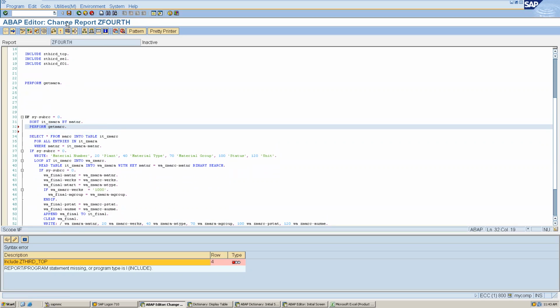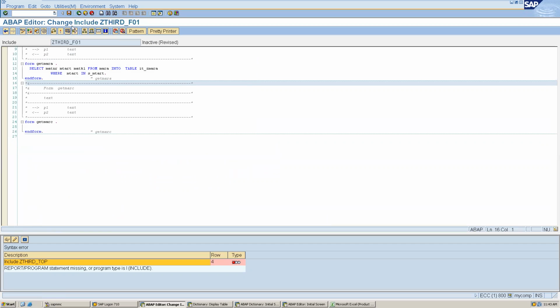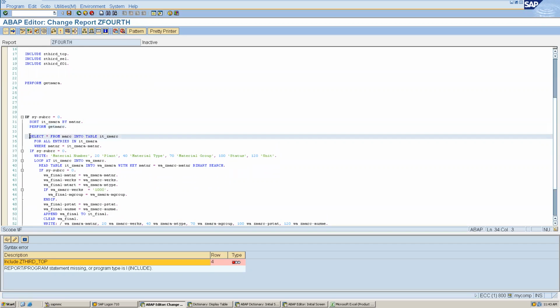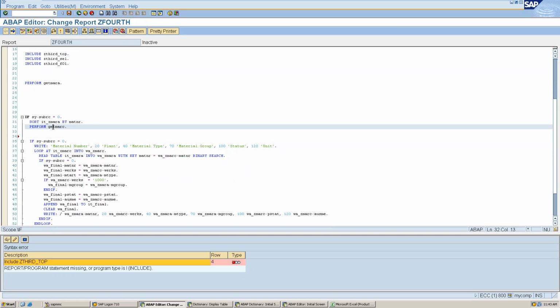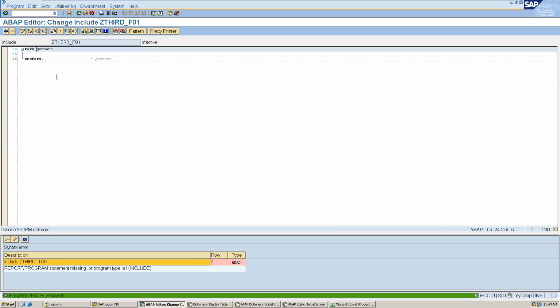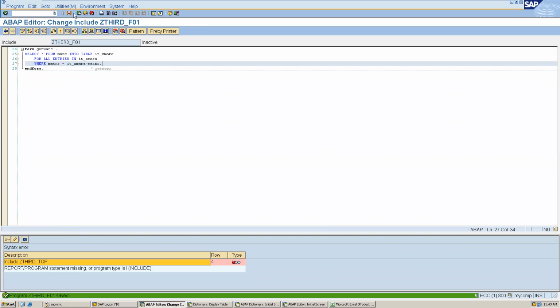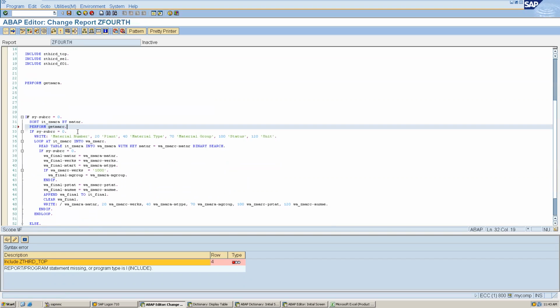I can save it, double click it, create it, and select F01. Inside this I can move this query. What I am doing here is just modularizing my program so that my logic looks good and anyone can understand it easily.